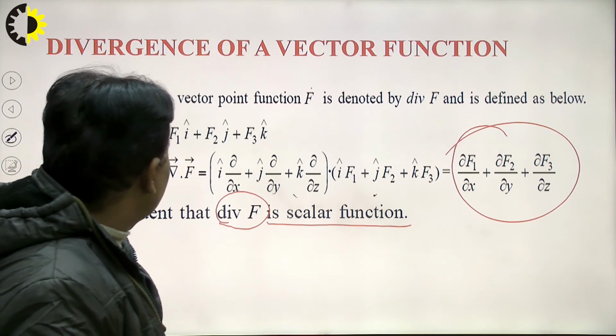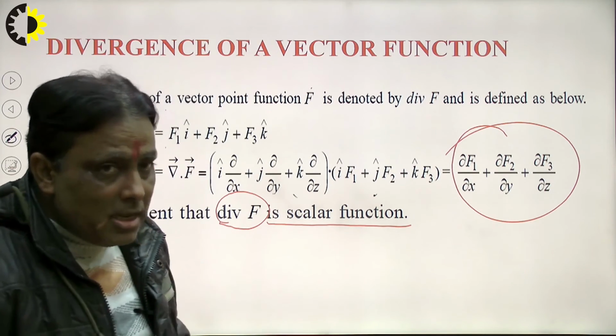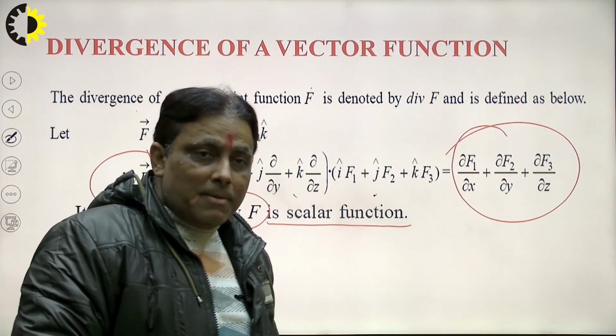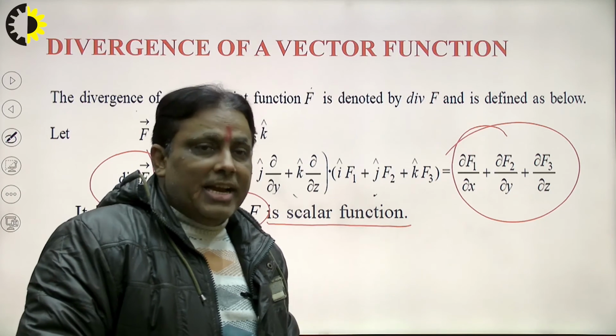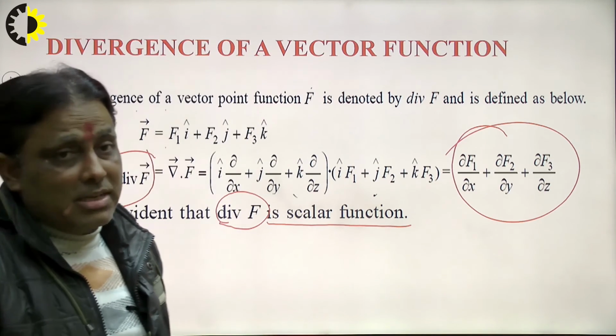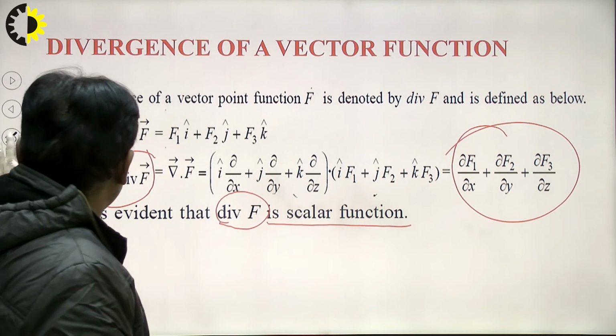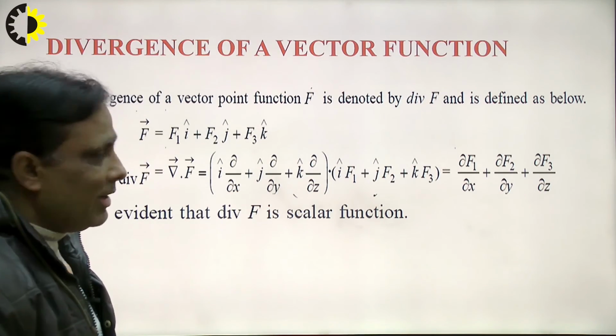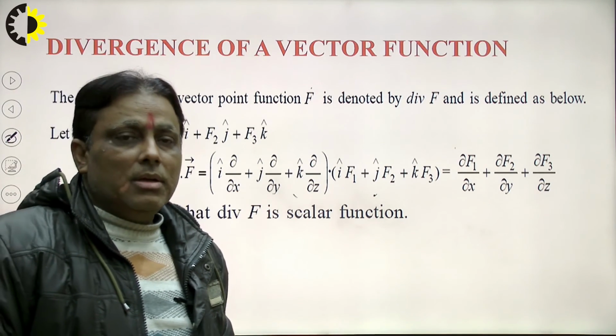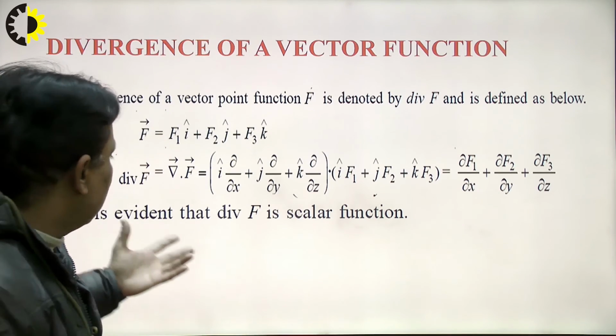of divergence f is always scalar, right? Suppose I want to calculate gradient, so we use grad phi, and the result of grad phi is always in vector form. So in this way we can use the terminology one by one and keep the phenomena in mind in future when we solve the problem.